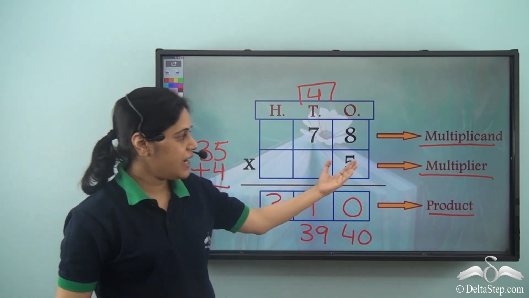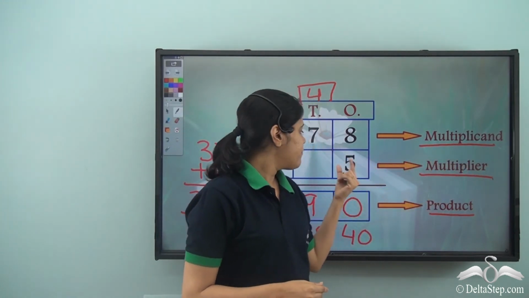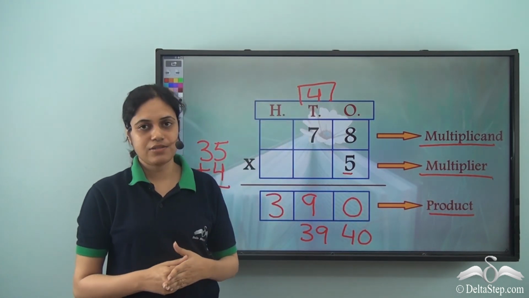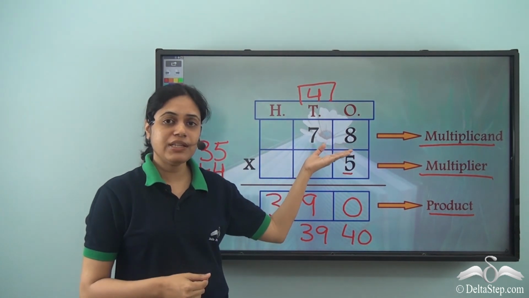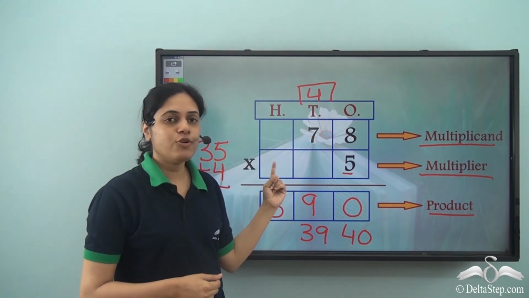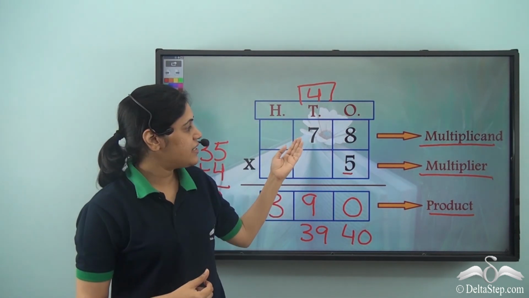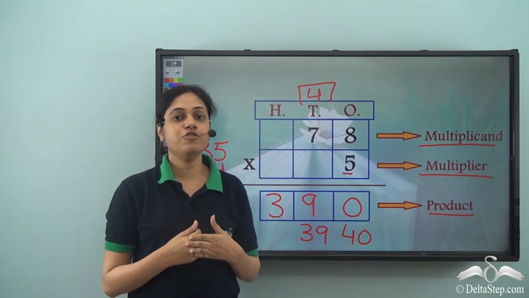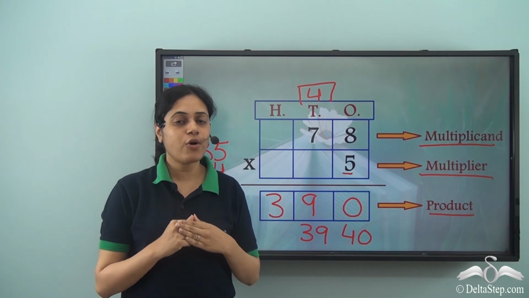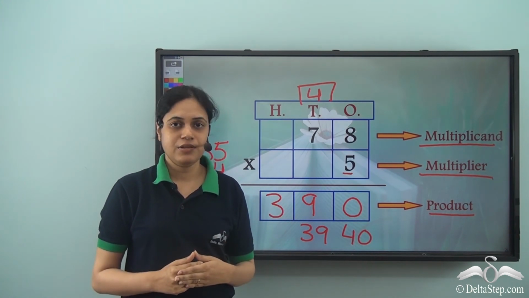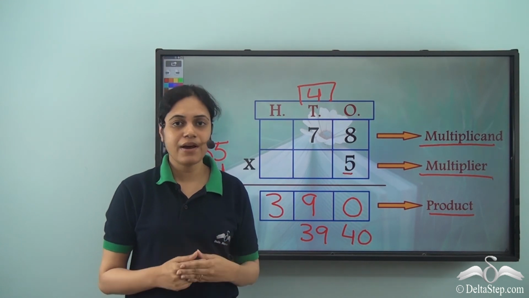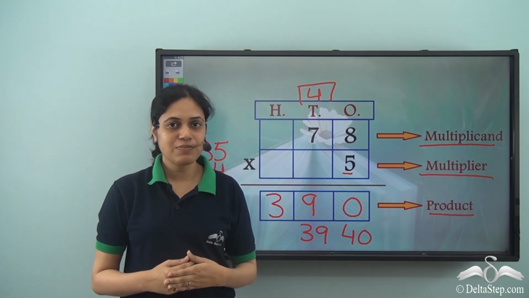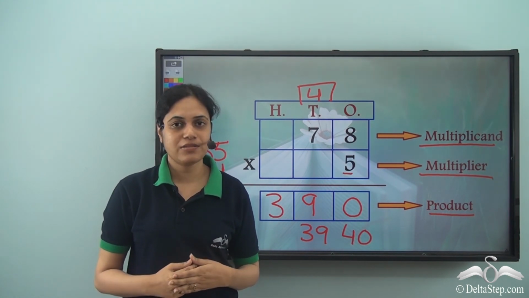So from here, I get the multiplicand, from here I get the multiplier, and this is the answer. So you see, even without knowing the multiplication table of 78, you can have this multiplication done. That is 78 into 5, just by knowing the table of 5. And you see how important it is to remember all your tables very nicely. So do remember all the tables by heart so that you can perform 2-digit multiplications. So practice these multiplications till you can get them all correct.